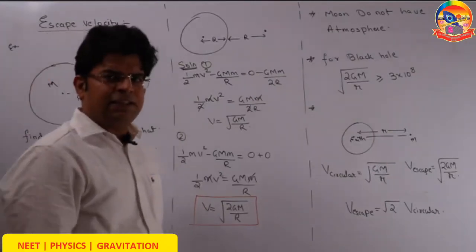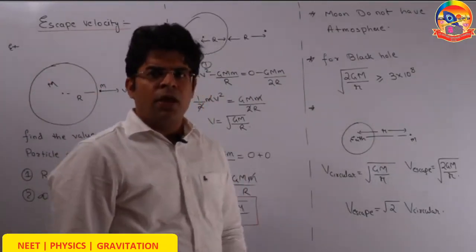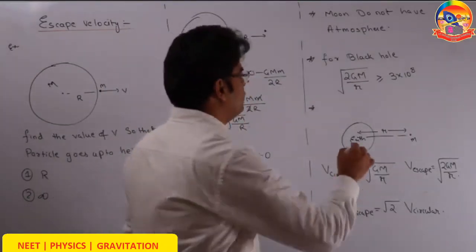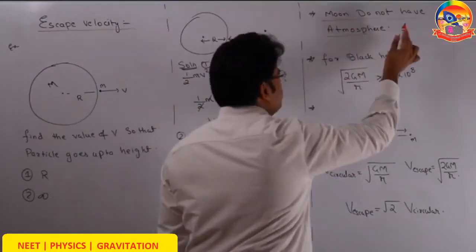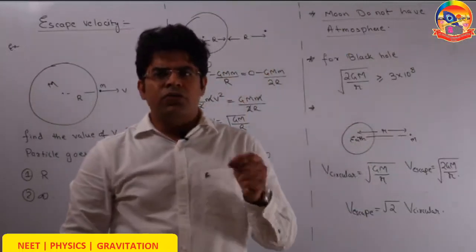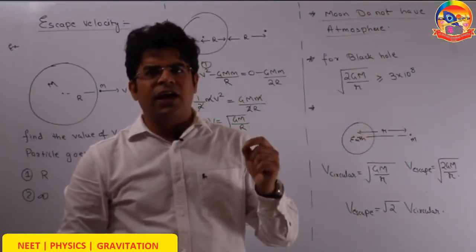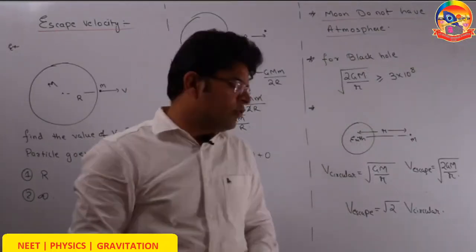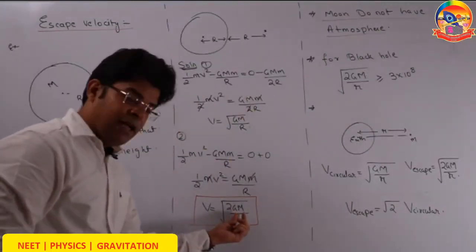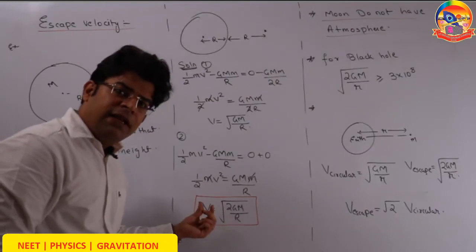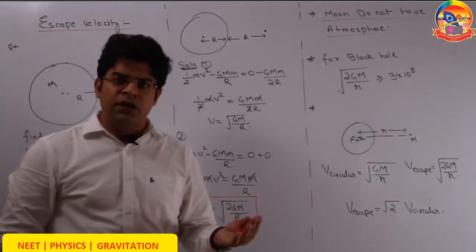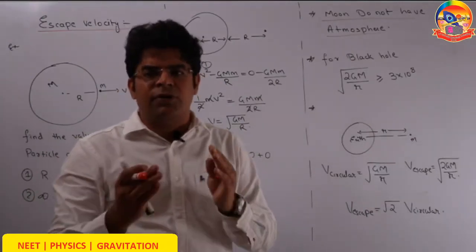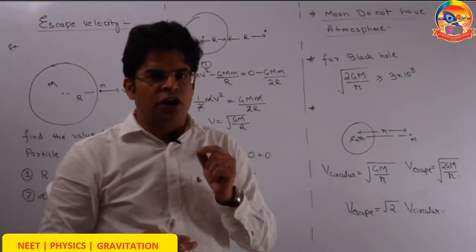Some fun facts about escape velocity. First, Earth has atmosphere, but the Moon does not have atmosphere. Why does the Moon not have atmosphere? Because due to thermal agitation, the velocity attained by the gas molecules is more than the escape velocity for the Moon. The Moon has lesser mass than Earth, so it requires a lesser velocity to escape the Moon, and the gaseous molecules have escaped the Moon because they had that much velocity. That's why there is no atmosphere on the Moon.